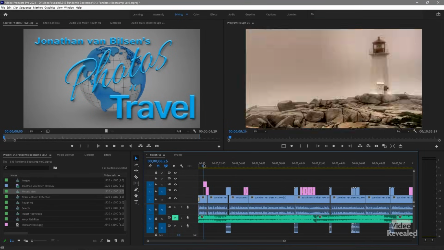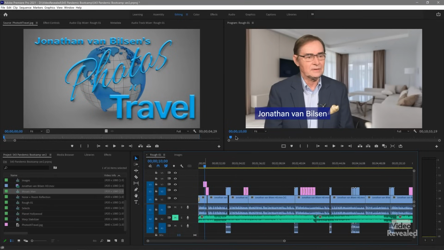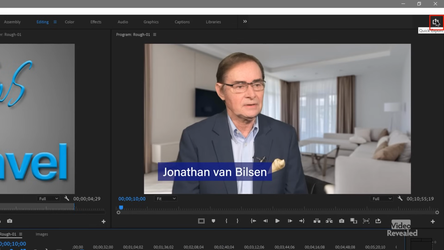And also remember, you have to have the right panel selected to have export things perform correctly, because Premiere Pro can export out of the project panel and also out of the timeline, and you can have multiple timelines. So let's select our rough cut here. This is what we want to export out. In the top right, quick export,